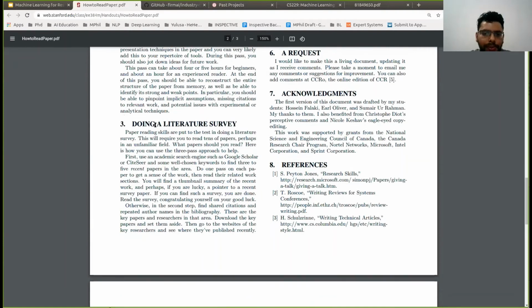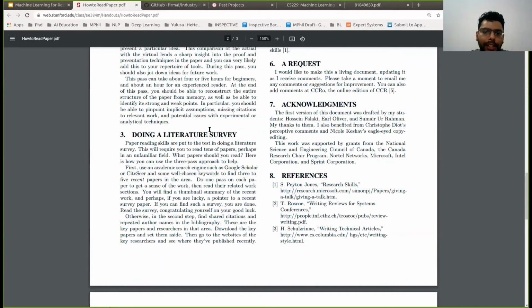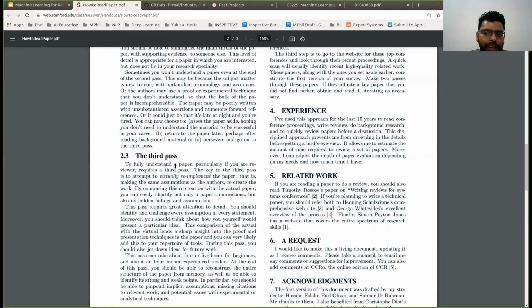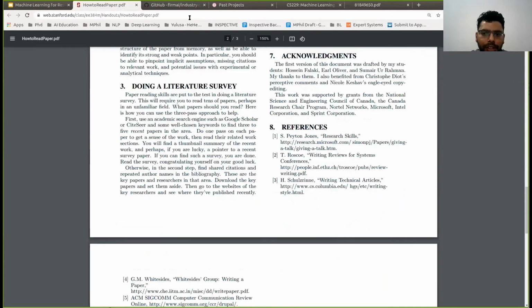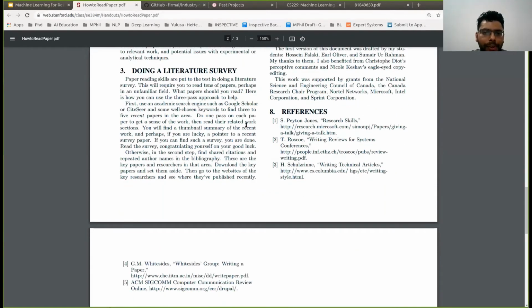So in the research paper you will have to do something called a literature survey. This is where you read lots of research papers and try to find what the previous researchers have done and what the limitations of their work are. This is where you can apply the three-pass technique, though it is just a standard technique and not mandatory. You can read the papers in your own way as well, as long as you get the overall idea of the paper. And while doing a literature survey, there are papers called survey papers.